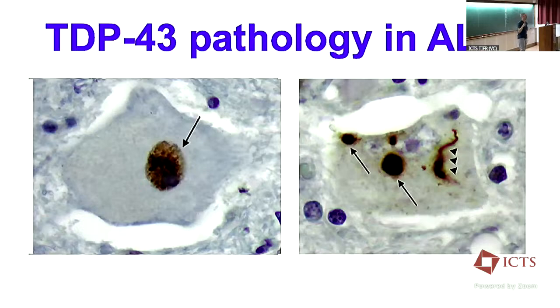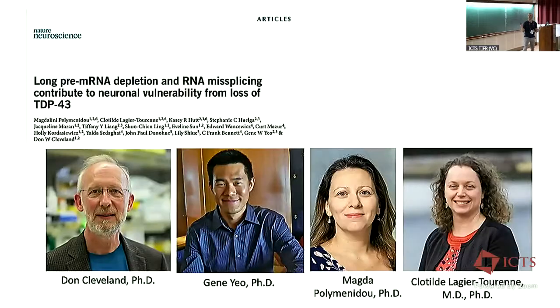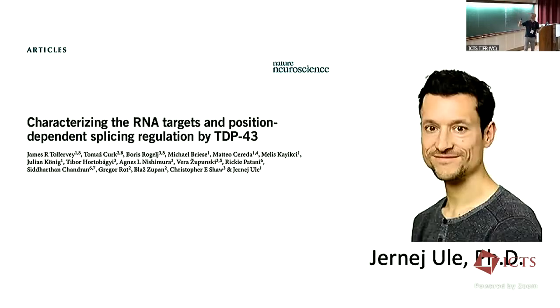As soon as the protein was identified as the key pathological protein and it was identified as an RNA binding protein, the first thing people in the field said was, what RNA does it bind to? So this group did experiments in mouse where they did CLIP-seq, where you can immunoprecipitate TDP-43 from the brain of a mouse and sequence all of the RNAs associated with it. At the same time, another group did the same thing in human neurons or human brain, and they found it binds to thousands of RNAs. It seems to like